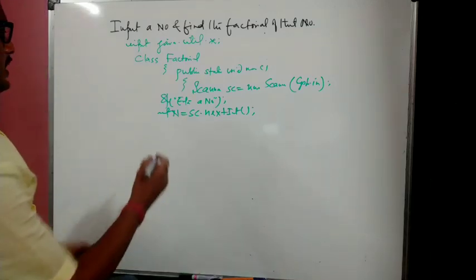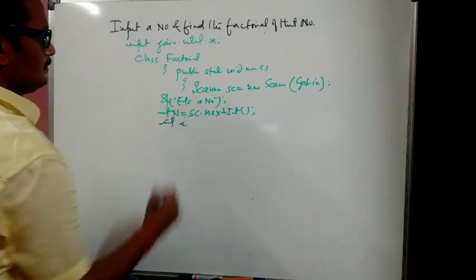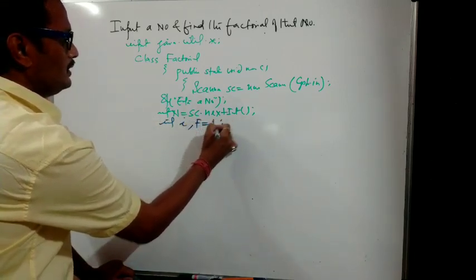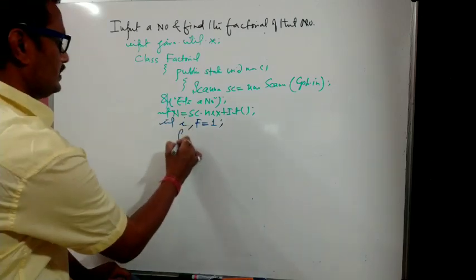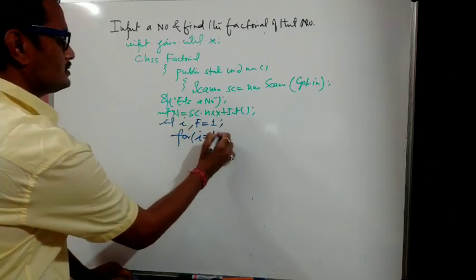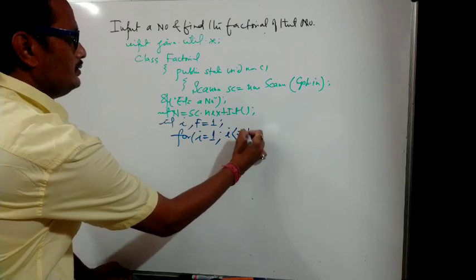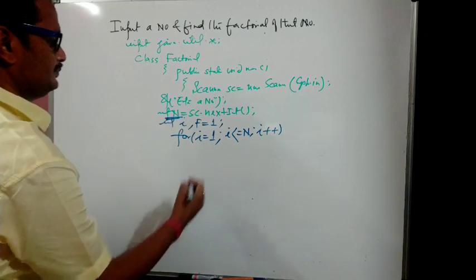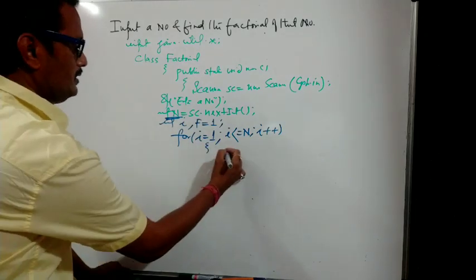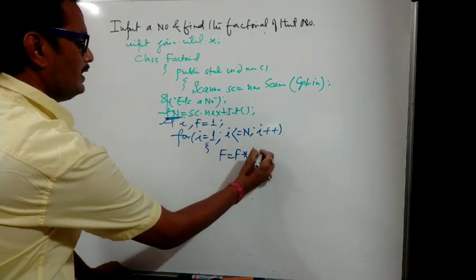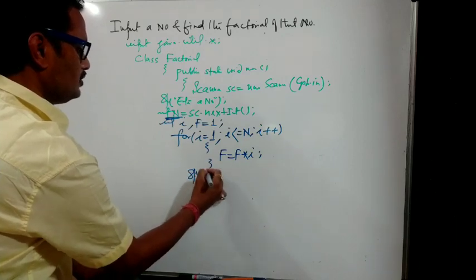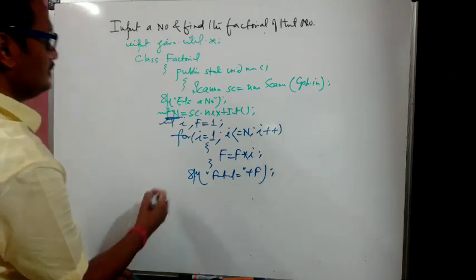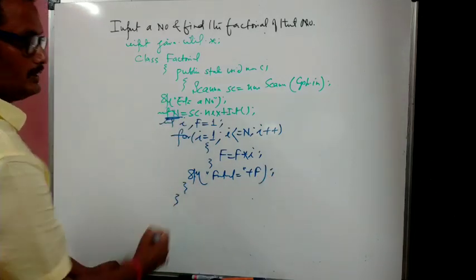Alright, now what we have to do? We have to take a for loop and multiply, with f = 1. This is for factorial. So right here, for i is equal to 1, the last value is n, whatever the value of n, and the increment will be 1. This bracket is optional. f = f * i, close the bracket, and outside of the bracket you write factorial = f, and close main, close class.